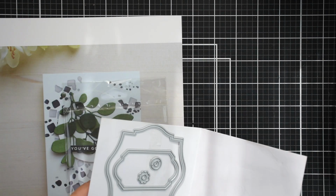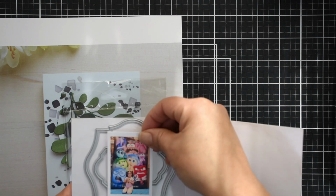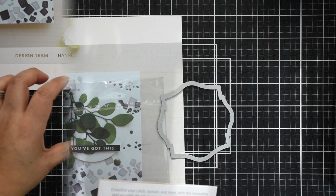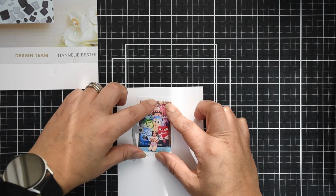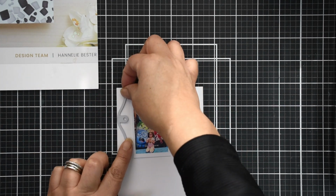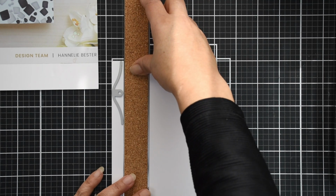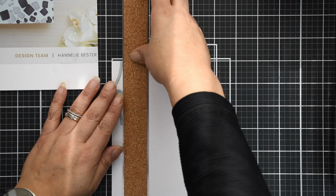While that is drying, I'm going to work on the idea. If you see the card that Nathalie created, she actually has her focal point. In this case, it kind of pops out of the page. So I'm going to bring the same idea with a twist. So I am going to use the tags and labels 2 die set, and I want to create,